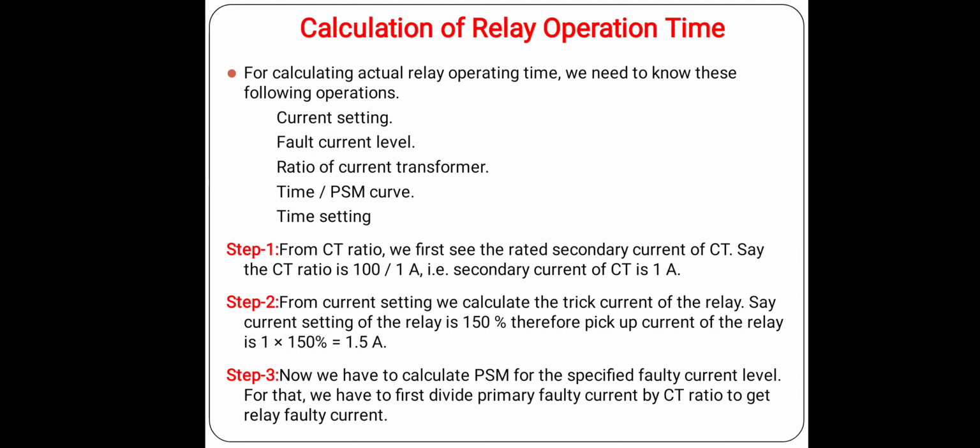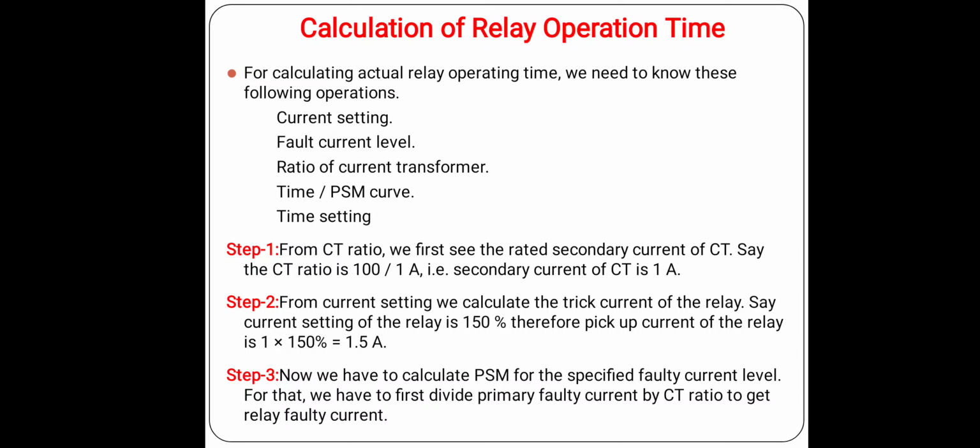This is a simple step. Now the third step is to calculate the PSM for the specified fault current level. For that we first have to divide the primary fault current by the CT ratio to get the relay fault current. Say, for example, our fault current is 1500 ampere. That means if any fault occurs in the transmission line or any protected section, the current will be 1500 ampere, so this current will flow through the CT primary winding. So what is the secondary equivalent of the fault current? It is 15 ampere, because in step one we saw